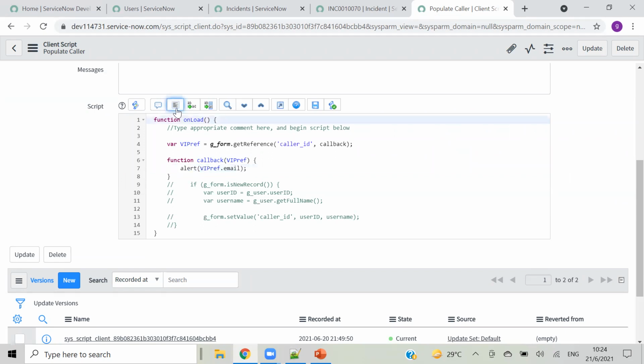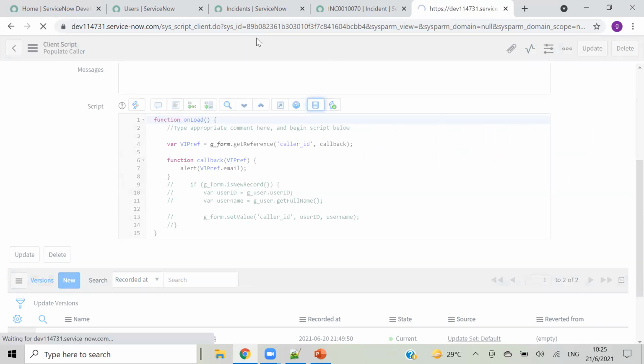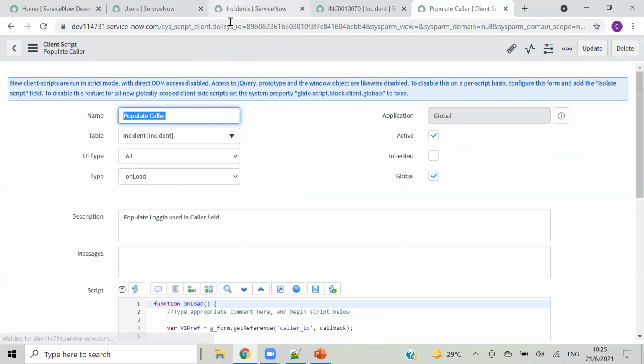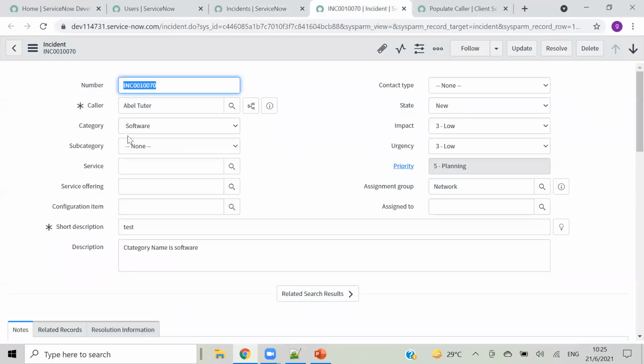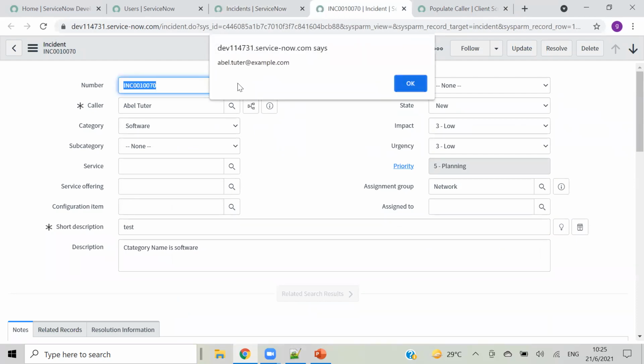Okay. So for Able Tutors, the email ID should get populated now. Saving this. So this is already an existing one, Able Tutor. I am just reloading this form. You can see able.tutor. So we are able to access the logged-in user's fields, like the user's email ID.